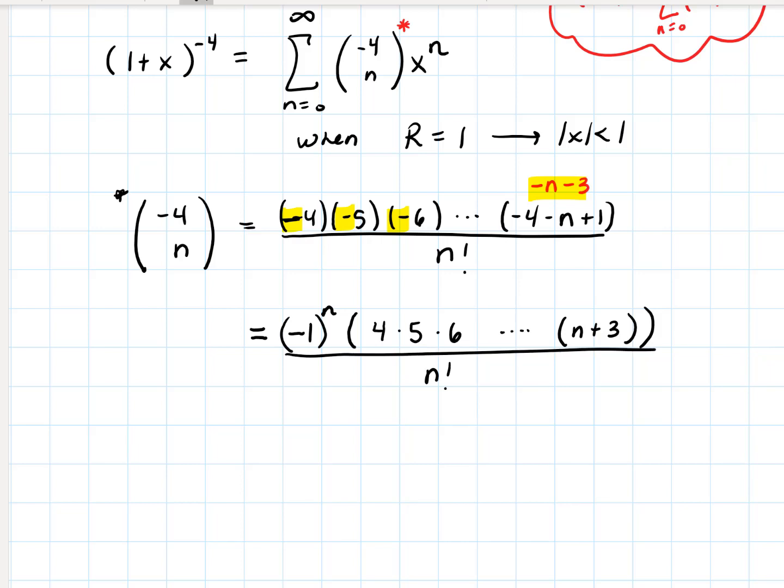This is not a factorial, but it is almost a factorial. When I'm looking at this, it's not a factorial because it doesn't have the 1, 2, 3 in it, but it's almost a factorial. I have a factorial in the denominator, and